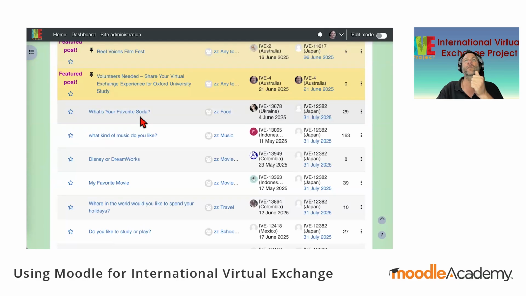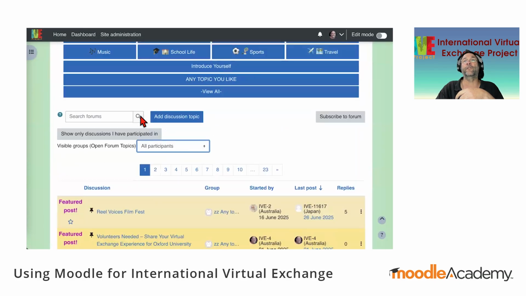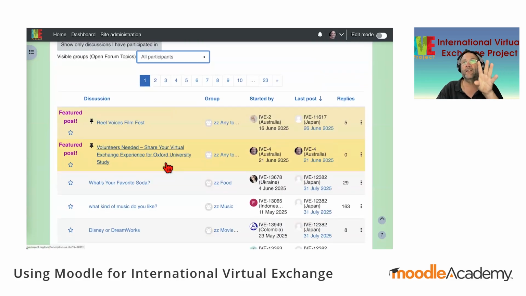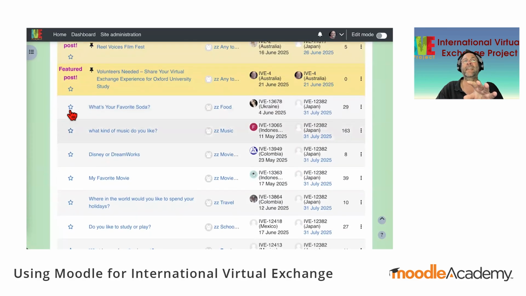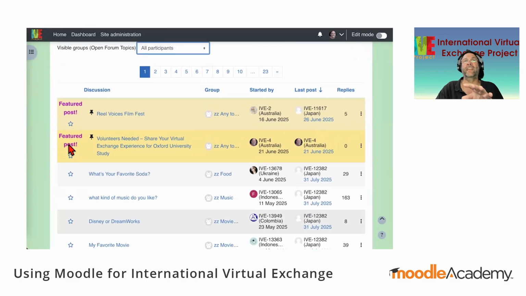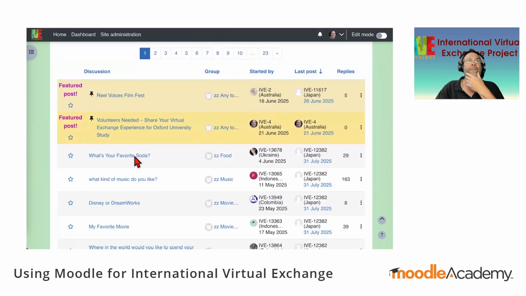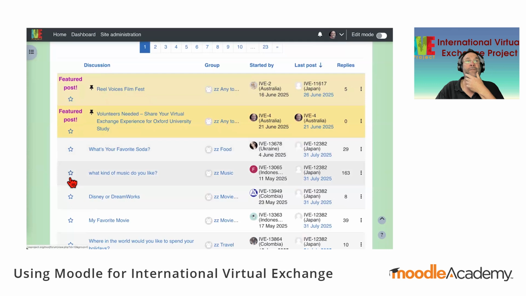We also had students who would post. Now, in this forum, you can see each page has 100 forum discussions. We've got 23 pages. Previously, you didn't have the star here. And if you posted in this kind of setup, your discussion would disappear. With this feature that we asked the programmer to develop, and which Moodle HQ seems to have liked because they've incorporated it